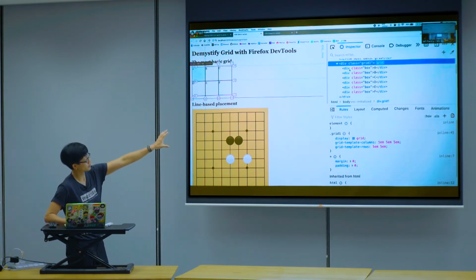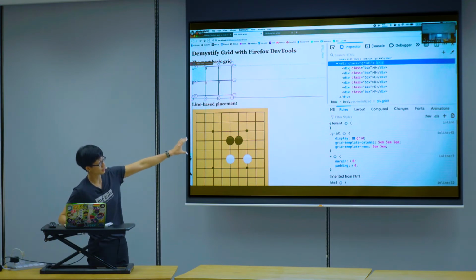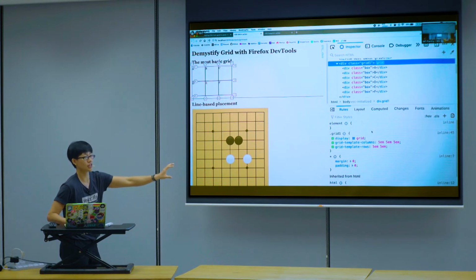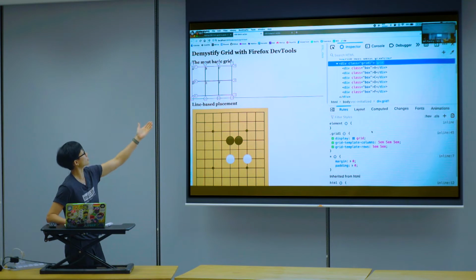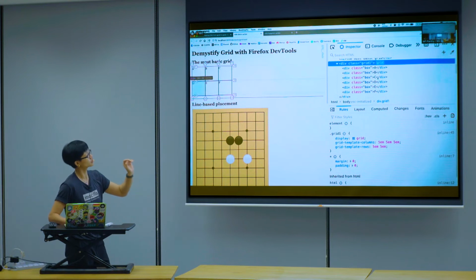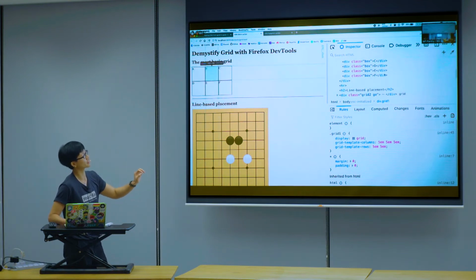Then if you look at the markup, it's a grid container with 6 items inside. And I have defined a 6-cell grid, 3 by 2. So what does the browser do? The browser just lays it out in order. I'm not very impressed because, you know, from 20 years ago until now, browsers also lay things out in sequence. Nothing exciting. Okay, so this is not exciting enough. Let's look at the second example.